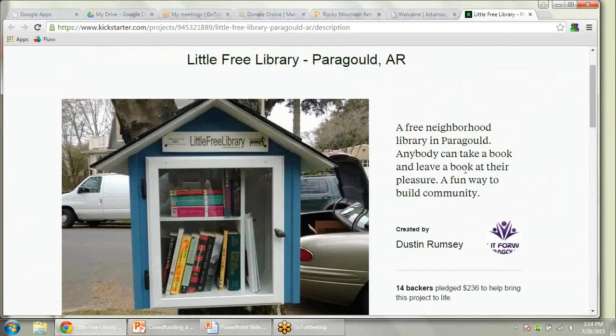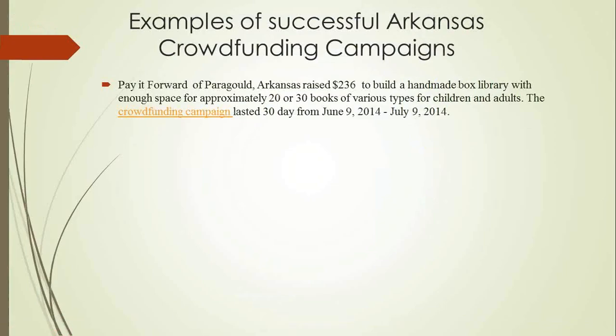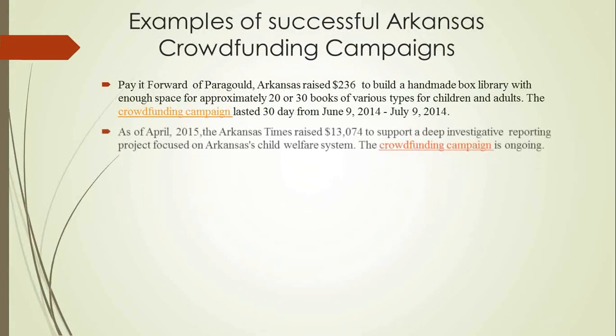But I put this on here just to show you the bottom end. These people only wanted to raise $236 to create one of these little birdhouses, the supplies that would create that. If we look at our second example,